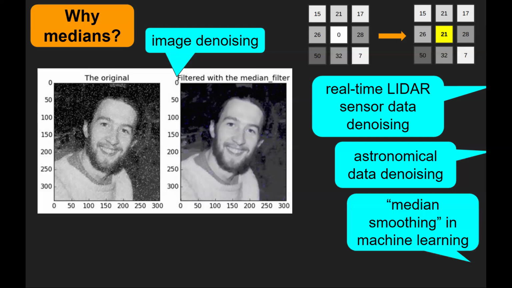In machine learning, of course, there are applications of medians, something called median smoothing. So if you get lots of data and maybe some of it is